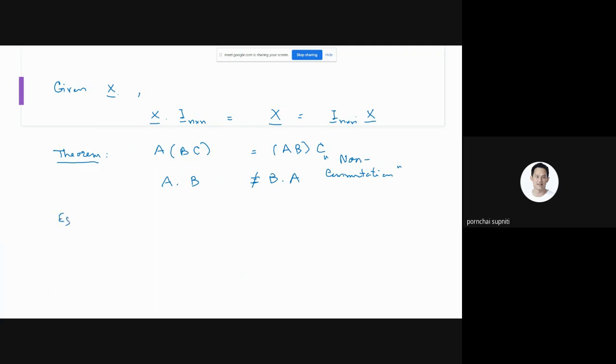For example, let's take a 2 by 2, just for simplicity. If I give A equals to